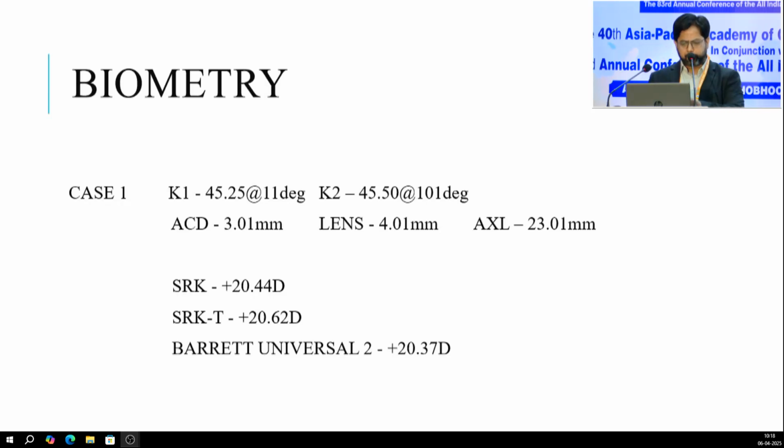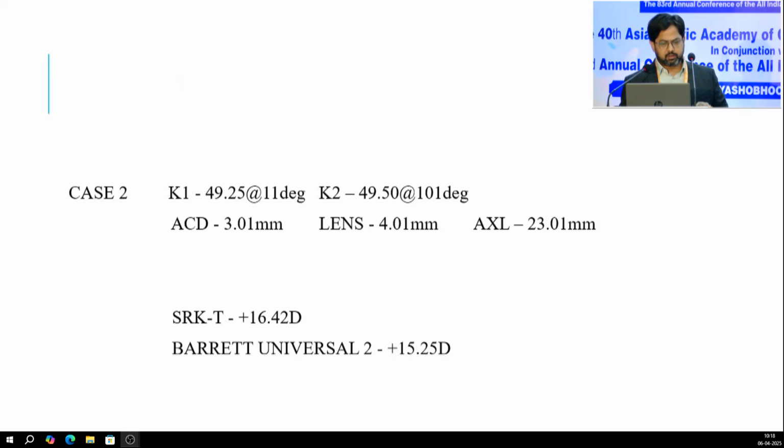So for this particular patient, aiming at emmetropia, I would probably put a plus 20.5 IOL, with the steep axis planned at 101 degrees, because that also needs to be accounted for. There's a difference of 0.25 diopters for the K values. So what's important here is that for normal values of the indices in biometry, all the formulae will give nearly the